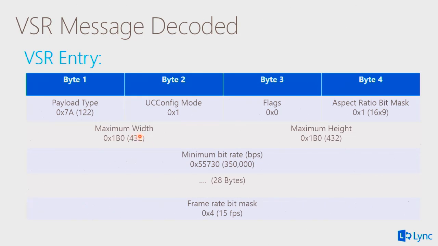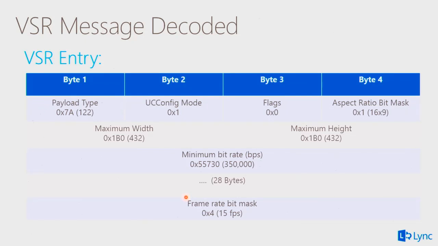But the sender will decide what are the supported resolutions, and so it will actually send 424 by whatever. Okay. Ask for the bit rate, right? And then there are 28 bytes of some other stuff that we don't really care about, but we do care about the frame rate. In this case, it's asking for, okay, I want 15 frames per second. So this is the kind of information you will get at the RTCP level when the receiver says, I want to get this, right? And then there's another VSR entry following this for RT video, which is exactly the same,